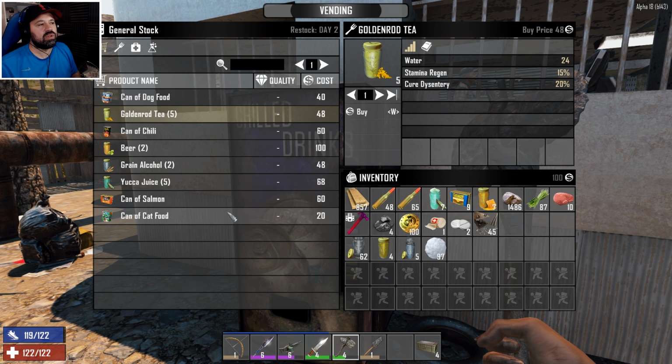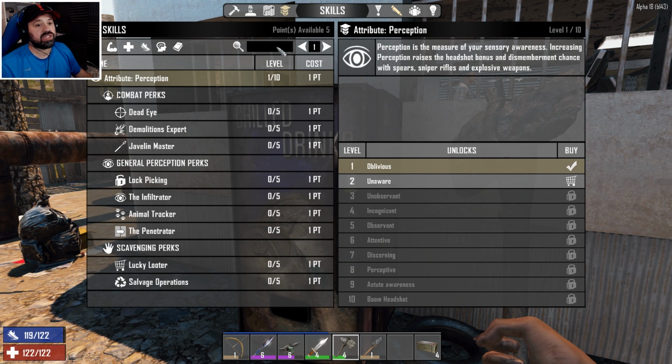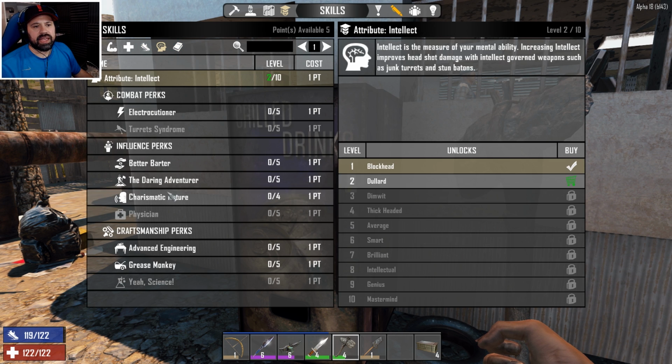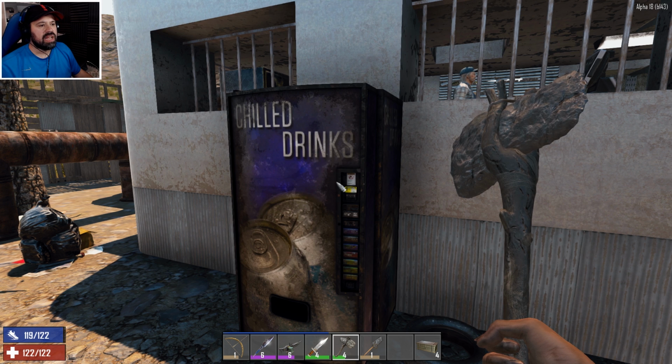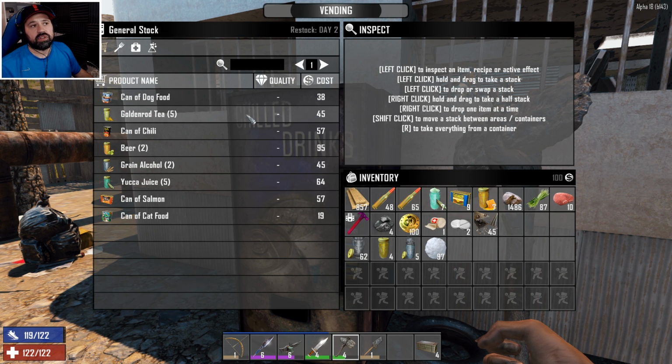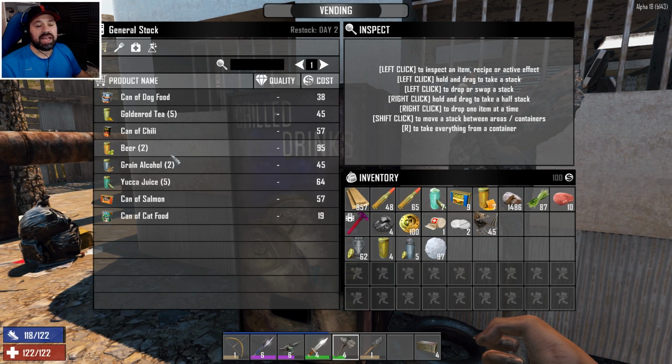Now, even with Lucky Looter, I believe if you have a point in Lucky Looter, it impacts both prices. Let's actually check that out. Not Lucky Looter, I'm sorry, my apologies. In Better Barter, if we put points into Better Barter here, for example, it does change the prices of the vending machine as well. So not only do you get the discount on the trader, also the vending machines. So always check the vending machines for a better price on canned food